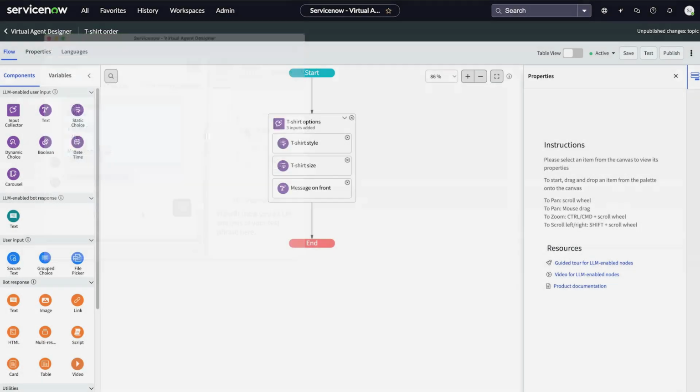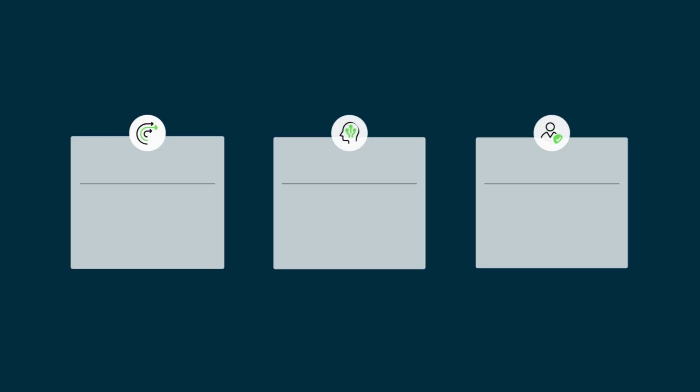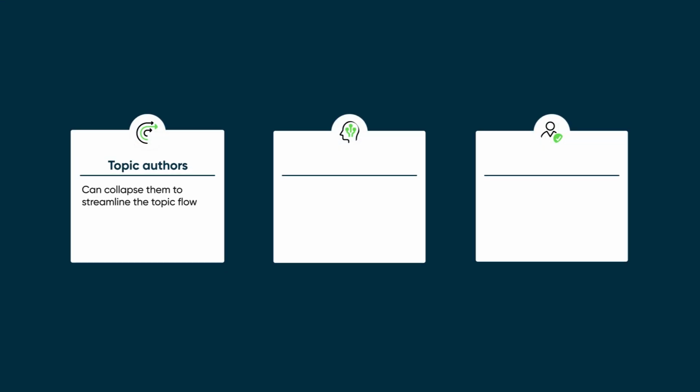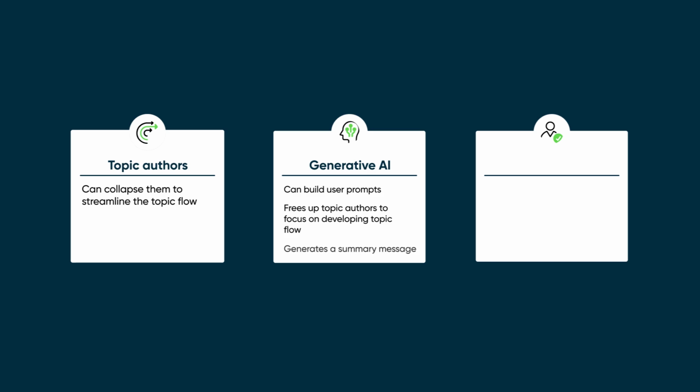As we've seen, the input collector control provides you with many benefits, as opposed to stringing together multiple input nodes. As they're building topic flows, topic authors can collapse them to streamline the topic flow on the canvas. Generative AI can build user prompts, freeing up topic authors to focus on developing the topic flow, and will generate a summary message when all the required inputs are collected. End users can confirm their choices or make changes without having to redo the conversation, which allows for conversations to